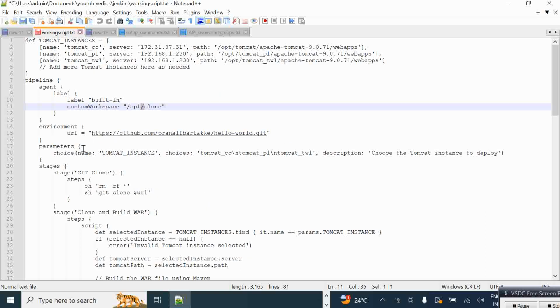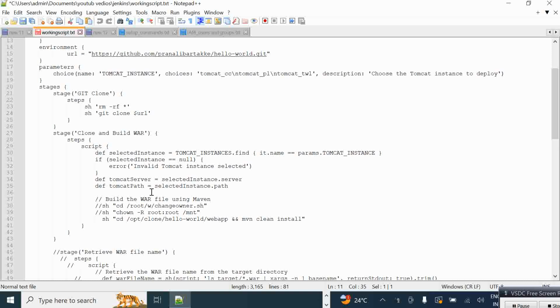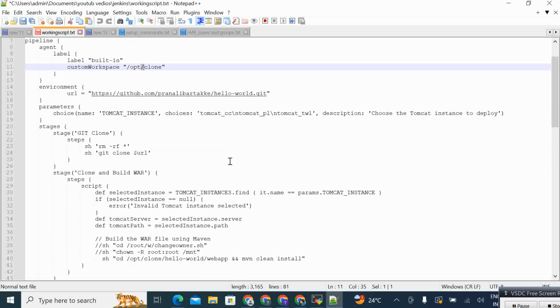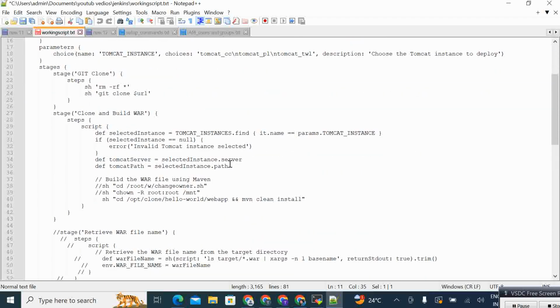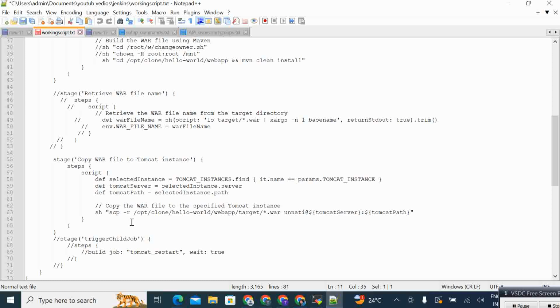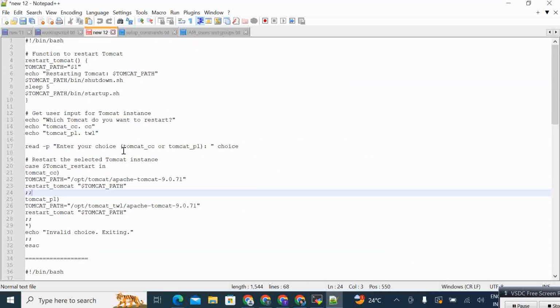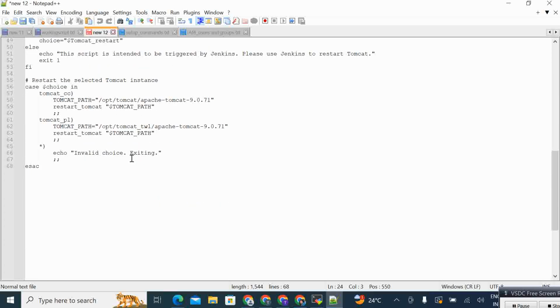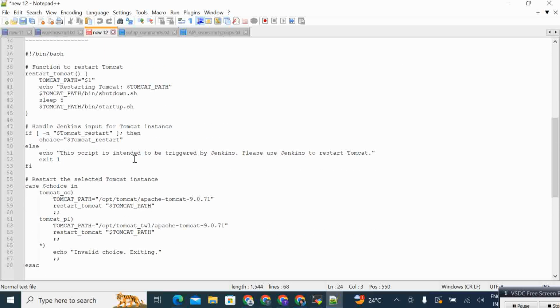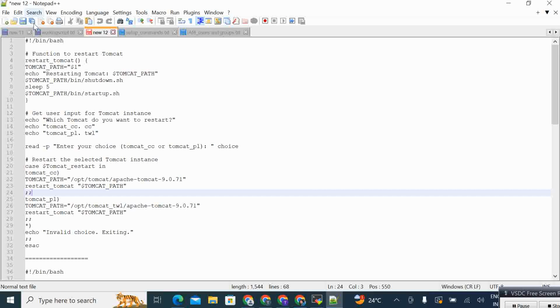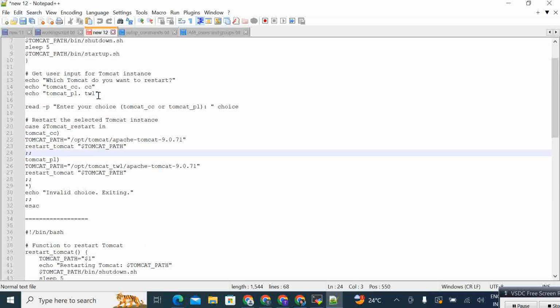This is the Jenkins pipeline script that I already explained: how we can use this script to deploy our WAR file, our Tomcat application. Like we did the CI/CD both, how to clone, how to build and how to deploy from one server to another server, right? So in the same way, today we need to discuss this script, how we can restart our Tomcat application